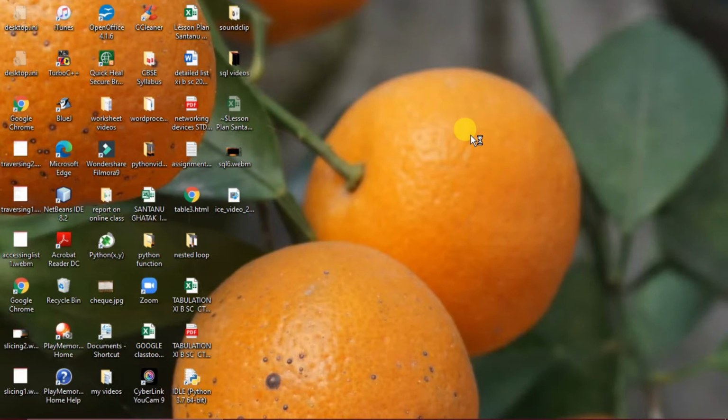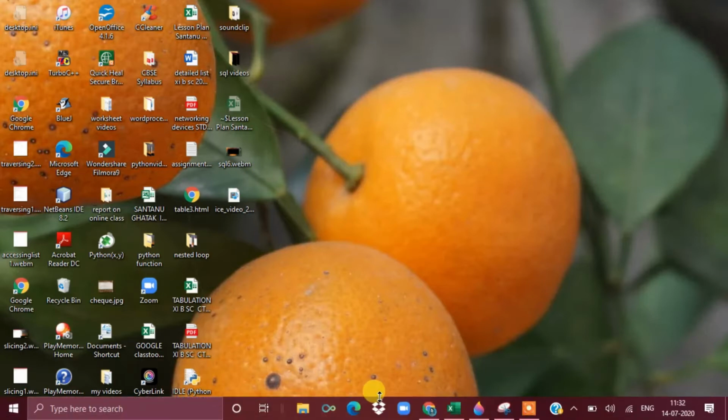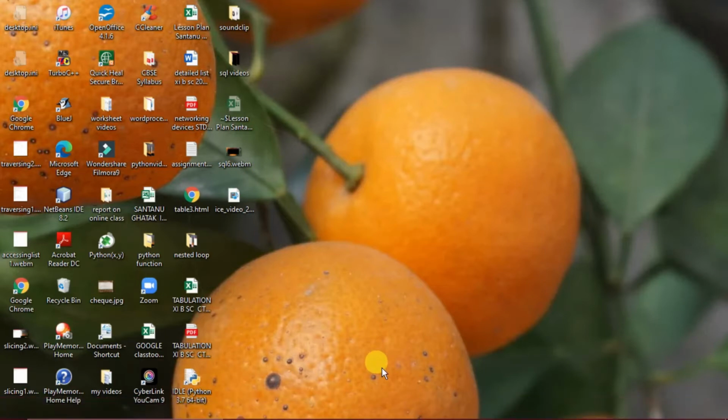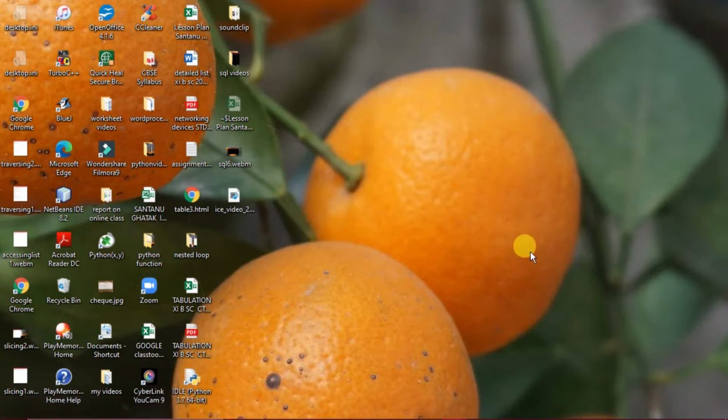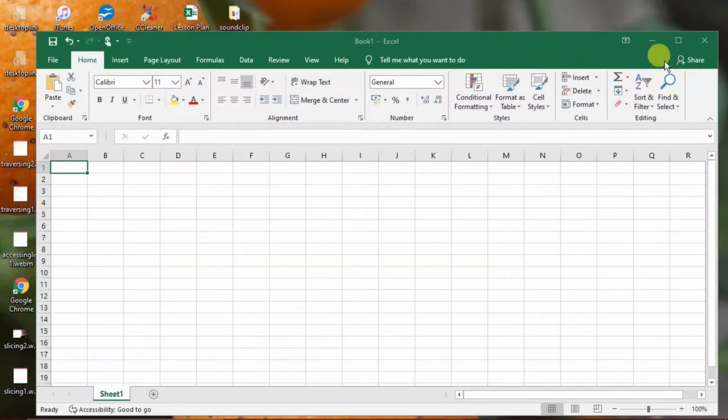Microsoft Excel gives us the following features: formatting features, auto calculation, and entering data using the automatic filling option. Data can be arranged in sorted order and more. There are a lot of formatting features available in Microsoft Excel.